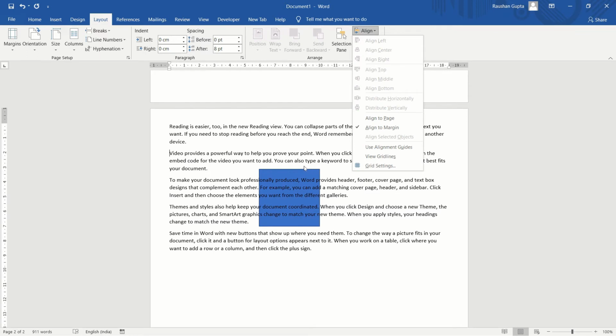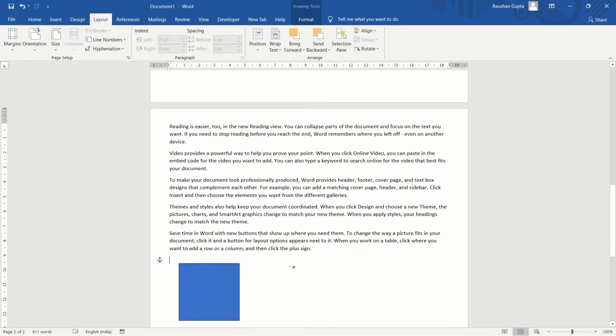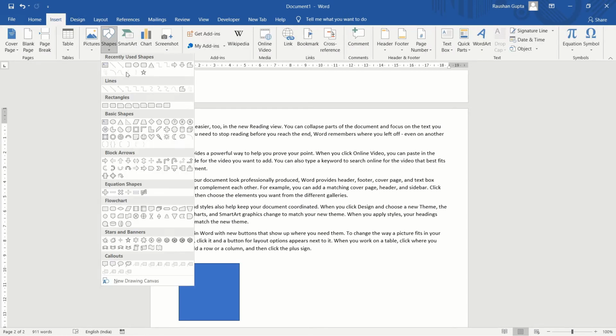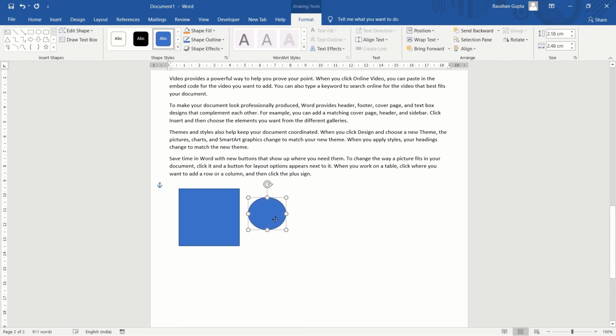Align, same way you can align it to the middle, to the center, or wherever you want to align the object. Group, this option is not highlighted. To highlight it, first you have to select two objects. We can see that there is only one object, so from insert shape we'll make a second object. Here is the second object.